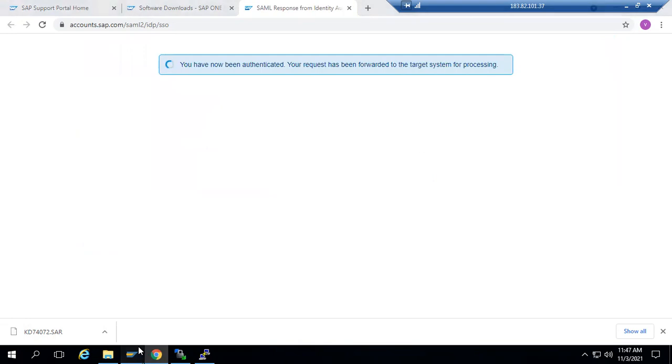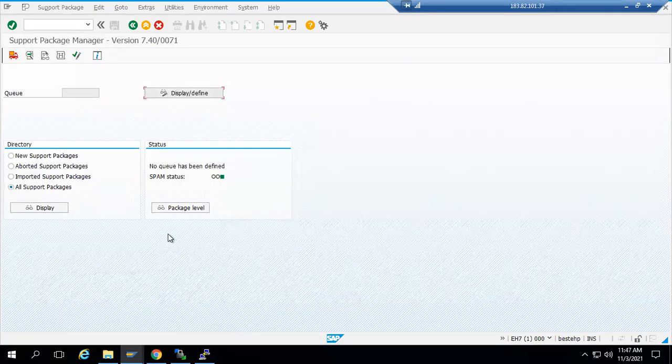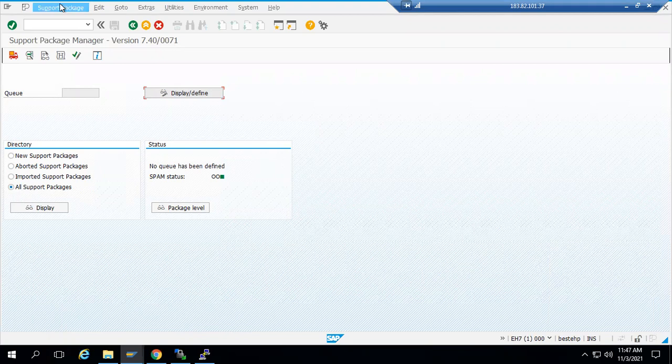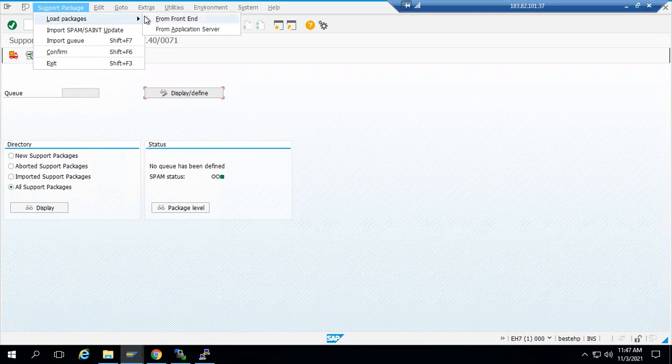Now log in with client 000 and user DDIC. Now click on Support Packages and you can load either from the front end, meaning SAP GUI applications, or from the server, meaning the backend, which is your PuTTY. You can directly go to the application server.